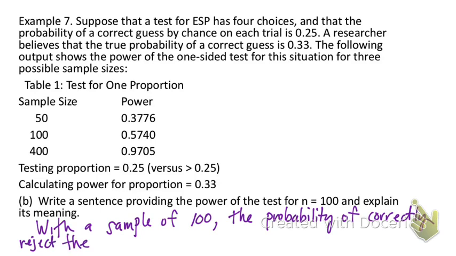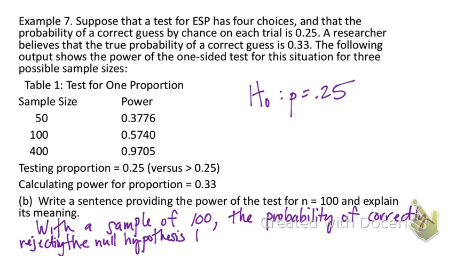And what is the null hypothesis in context? So H0 is p equals 0.25. What is that saying in the problem? A 25% chance of getting the right answer for multiple choice. Yeah, so correctly rejecting the null hypothesis,